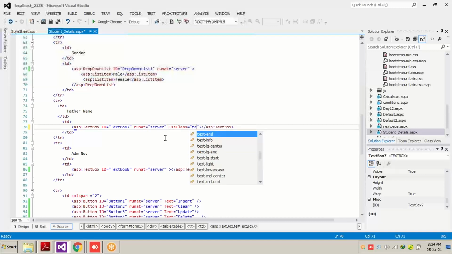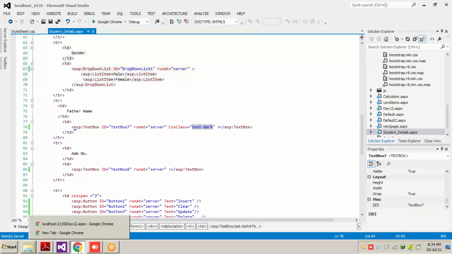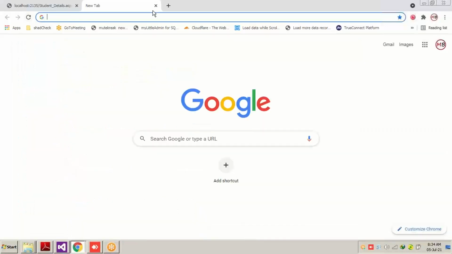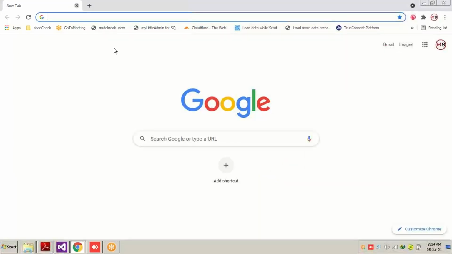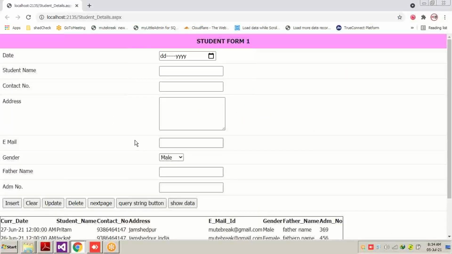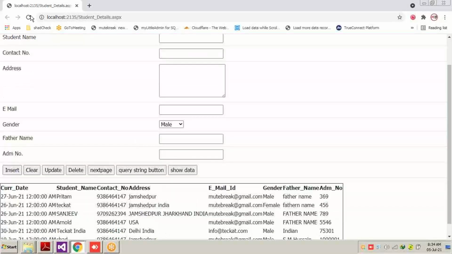To use a class, you should know its property. I will be using text center, text break, text body, text dark. Let's see what happens. You should know what this particular Bootstrap CSS class does to the control. Then only you will be able to use that class. Okay, so nothing happens.